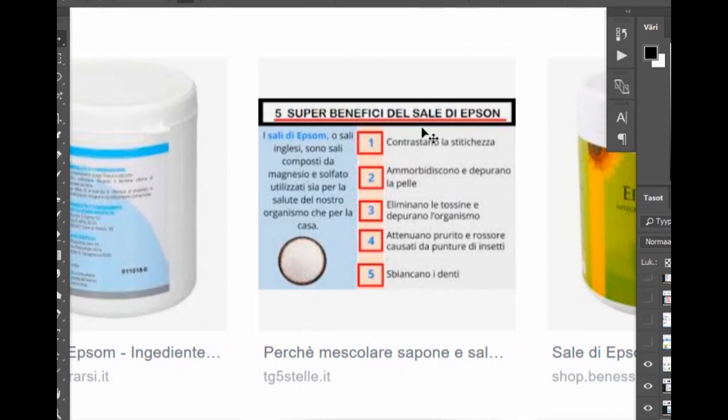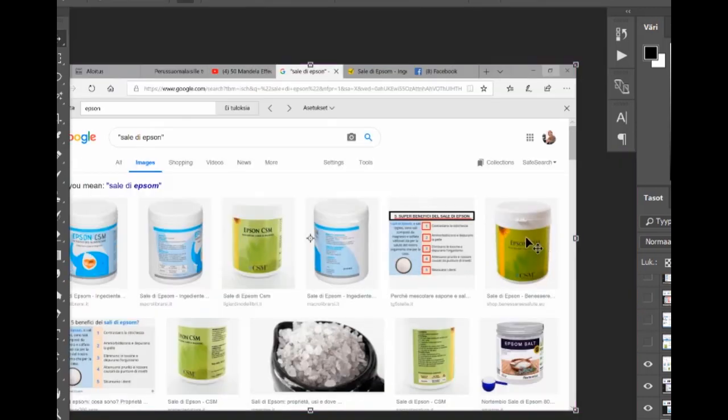And here 5 super benefits from this salt Epsom in the title, and yet quite next to it is the other spelling. So if you think that this was originally always so, what's the point for the person who made this ad to use both of these spellings so close to each other? And here again Epsom, and then only later you start having these pictures of Epsom salt, which is again the English